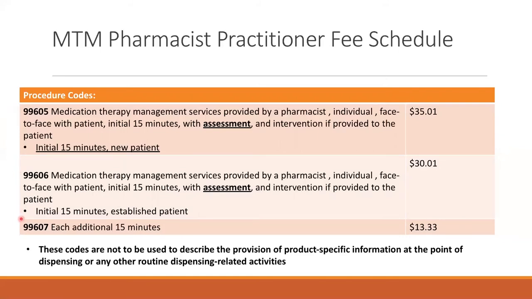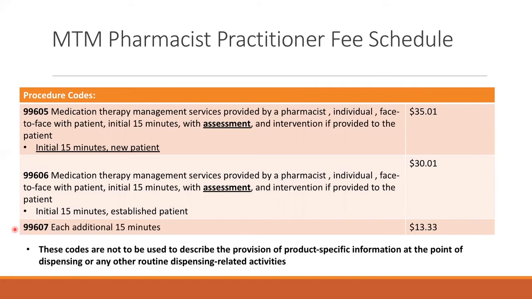If that encounter, that visit with the patient, goes on for 30 minutes, 45 minutes, 60 minutes, you can add on units of 99607 for each additional 15 minutes beyond the initial code. These codes should not be rounded. So unfortunately, if you did 25 minutes of counseling and intervention with the patient face-to-face, you should just bill your 605 or 6. But if you did 30 minutes, 31 minutes, you could do a 99605 if they're a new patient and a 99607. Both of those codes would go on to the same claim